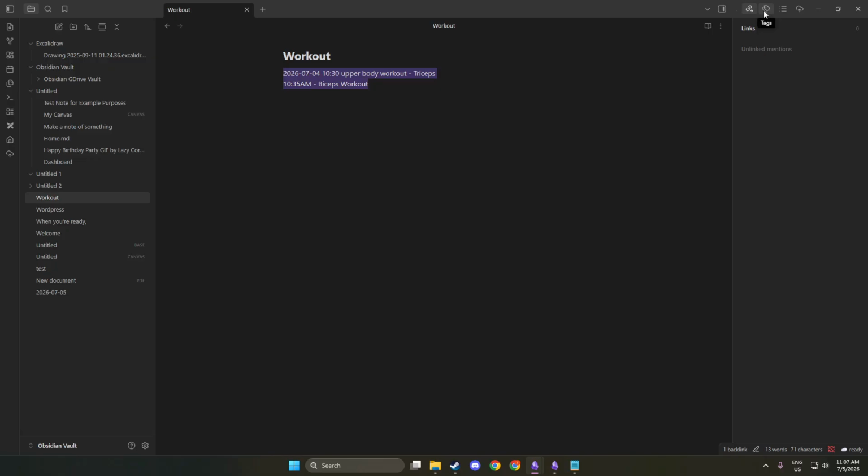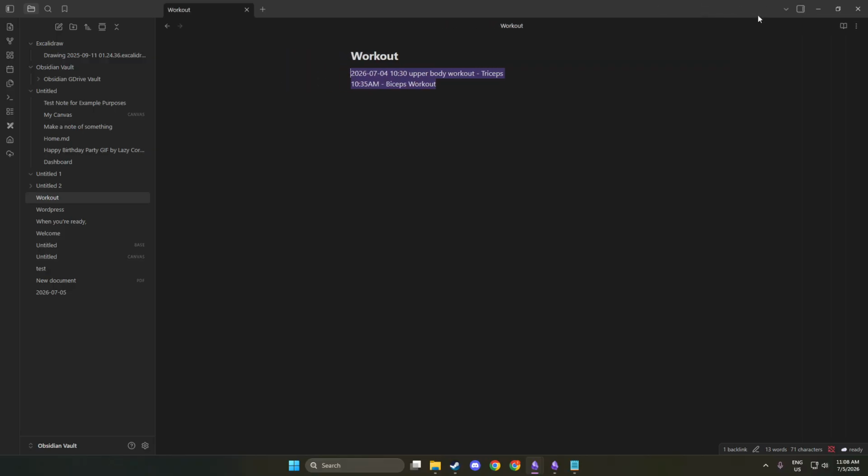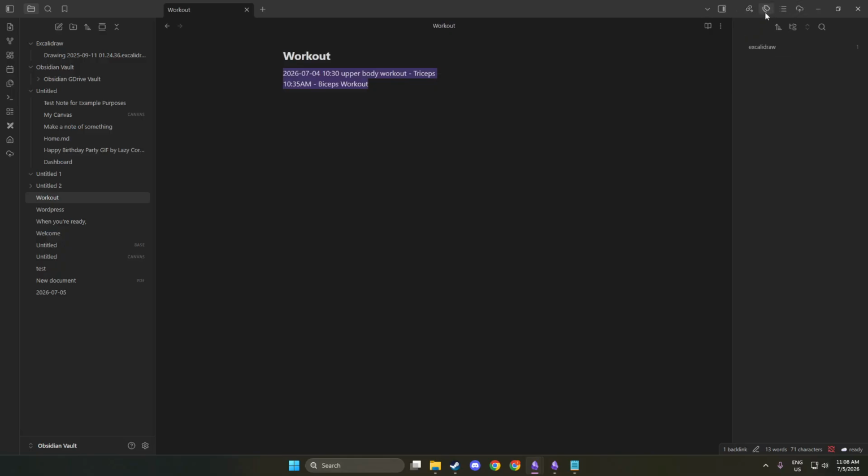Once you click the tags icon, the tags pane will open. This pane displays a comprehensive list of all the tags you have in your vault. You will see them arranged neatly, each representing specific topics or categories of your notes. This organization helps you visualize your content and understand how your notes relate to one another. By having all your tags in one place, you can streamline your workflow. It saves you time when searching for specific notes later on. This little step is a game changer for maintaining clarity in your work.